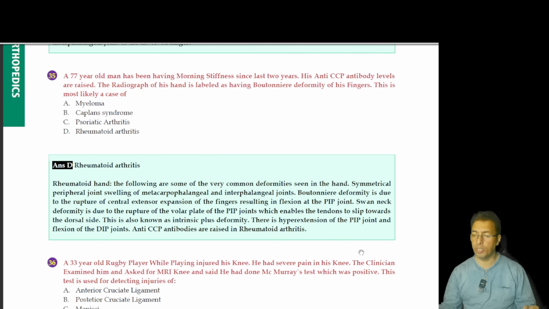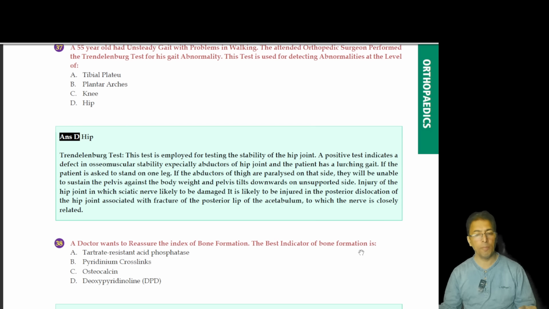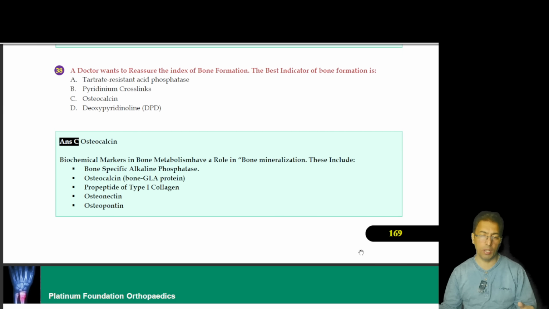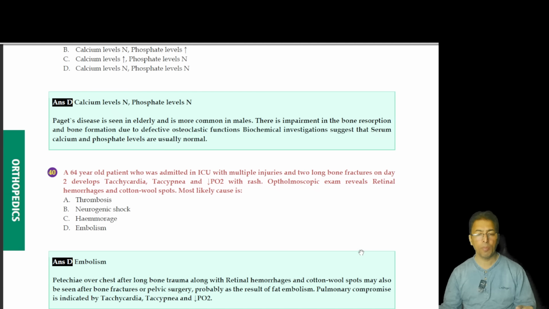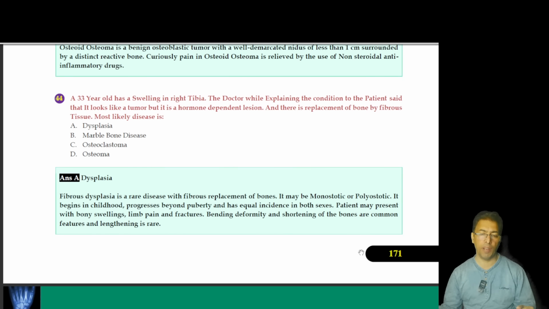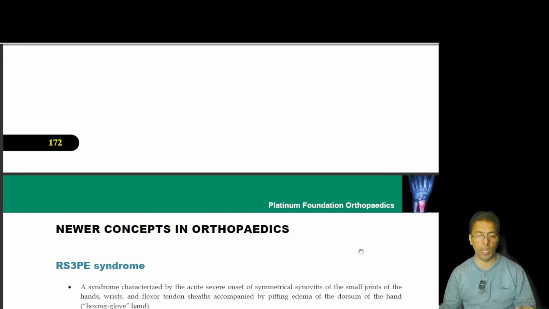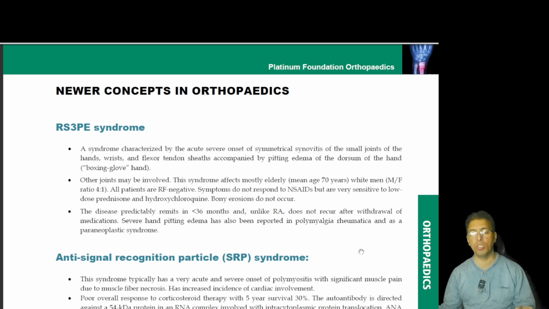I mean to say, the diseases of bones as far as mucopolysaccharidosis is concerned. Then the position of the joints in different conditions. So the lab values, the emergency clinical conditions like the fat embolism syndrome, then metabolic bone disease, as I previously mentioned. An important feature is newer concepts.